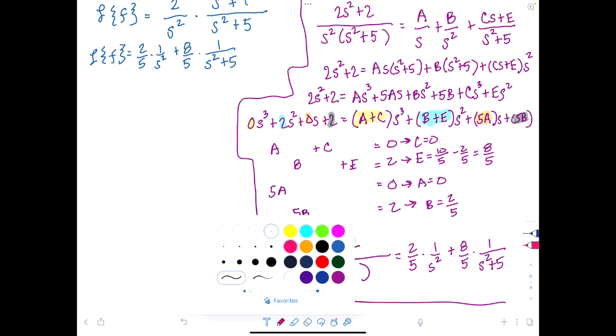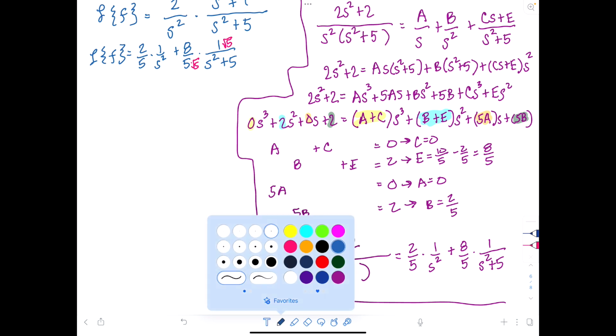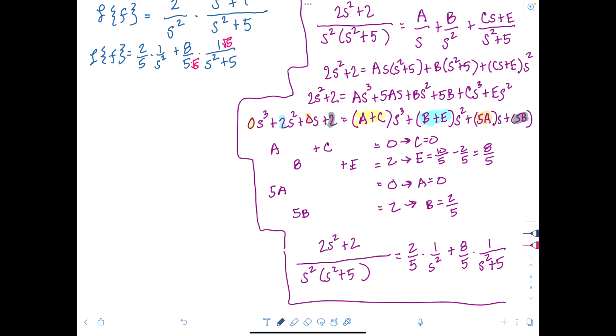So let's do that. If I multiply this by root 5, do you see that root 5 squared is 5? But we're also going to have to adapt because we want to multiply by 1. So when we finish, we need to find the inverse Laplace transform